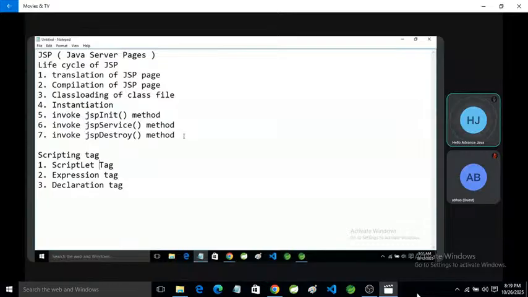If you want to write code like core Java or a service method, you can use the scriptlet tag. If you want to perform an expression, this is the expression tag. And this is a declaration. If you want to declare any variable or function, you can use the declaration tag.